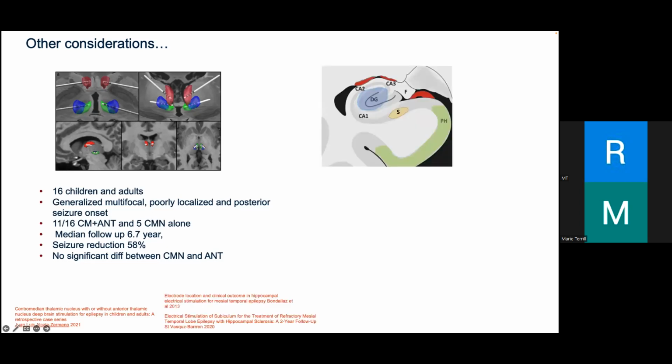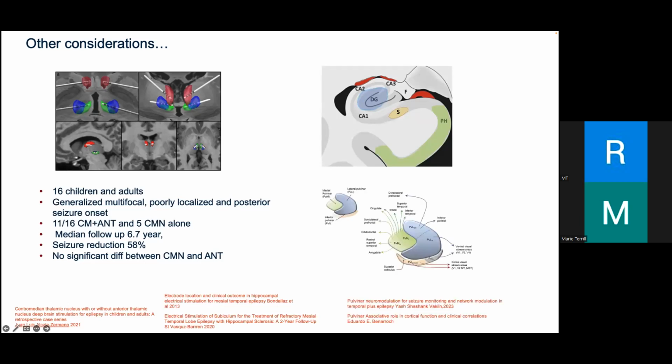Other targets: exploring the subiculum, again with smaller numbers of cases. There are about 6 to 8 patients, again noting a more than 50% reduction. Some have also discussed the need for proximity to the subiculum in mesotemporal lobe epilepsies being predictive of better seizure outcomes. This was a very recent case report from Texas exploring pulvinar DBS stimulation, using a closed loop between the pulvinar and the cortex. The case looked at posterior quadrant onset seizures, and they found some improvement with it. Again, this is just one case report, and I think we need larger studies to validate these observations.